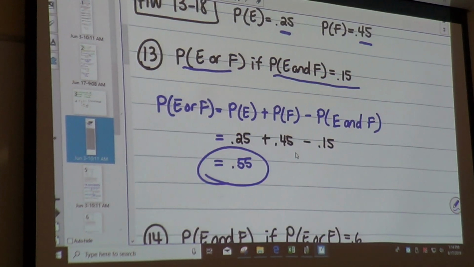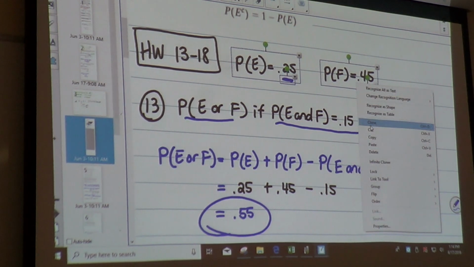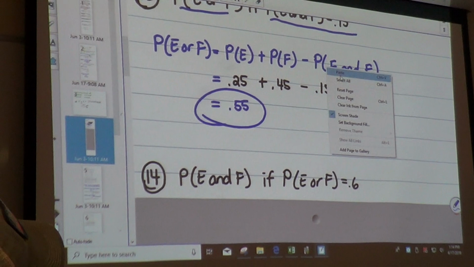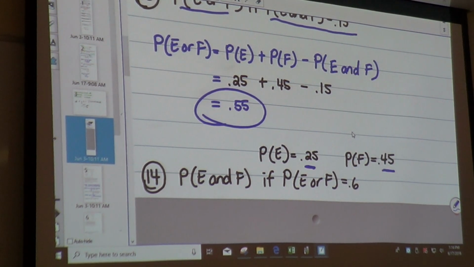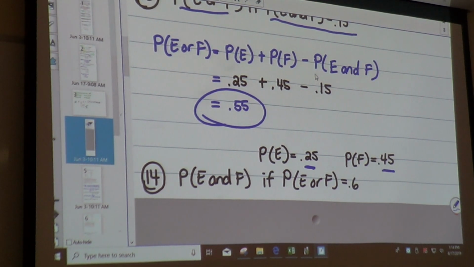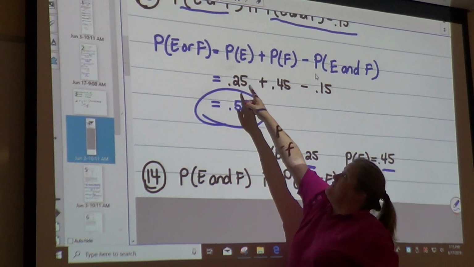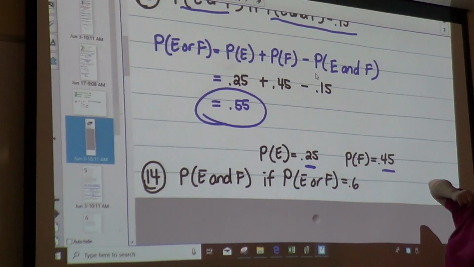Okay, the directions they gave us up here. Same directions, all of this is given. We are doing the same formula from right here. The same formula. P(E or F) equals P(E) plus P(F) minus P(E and F). This